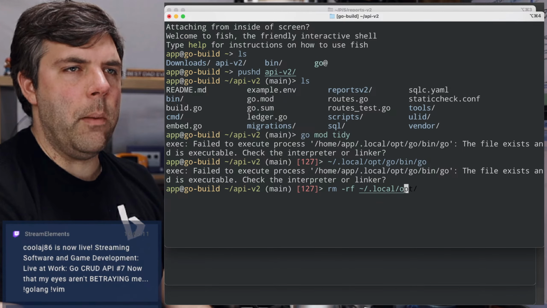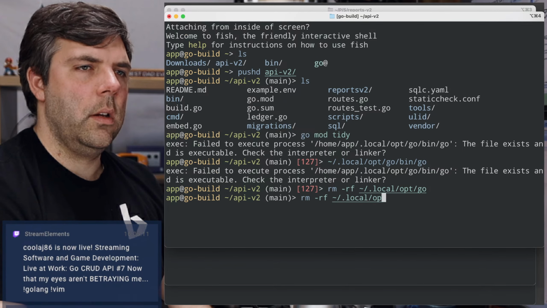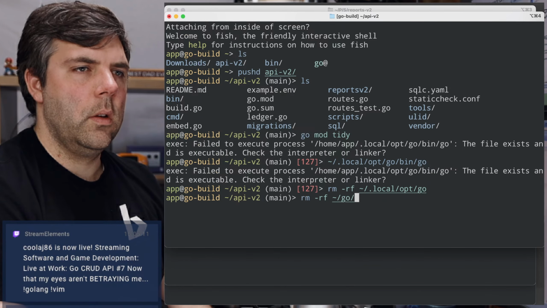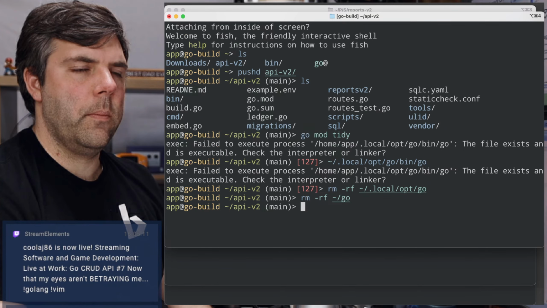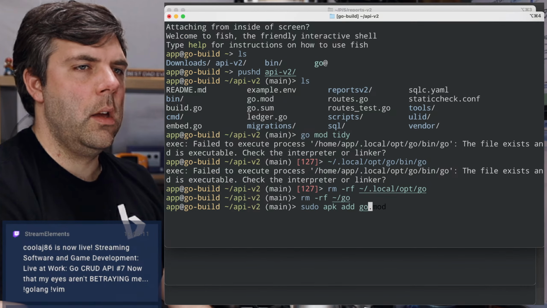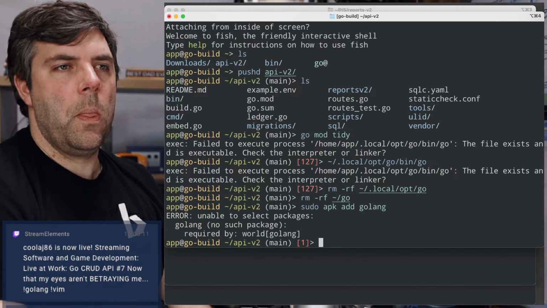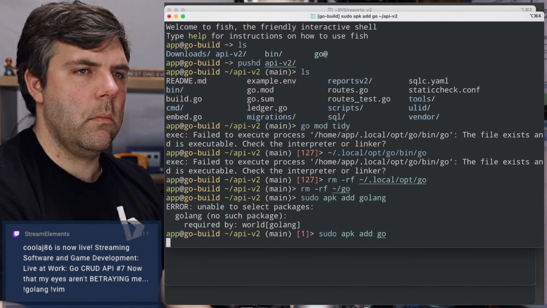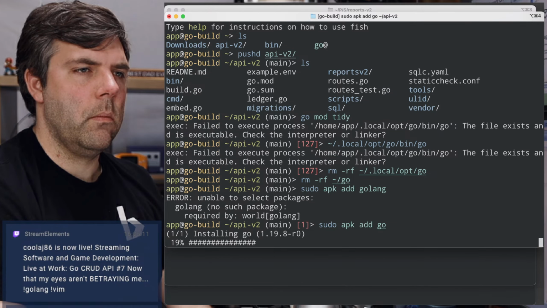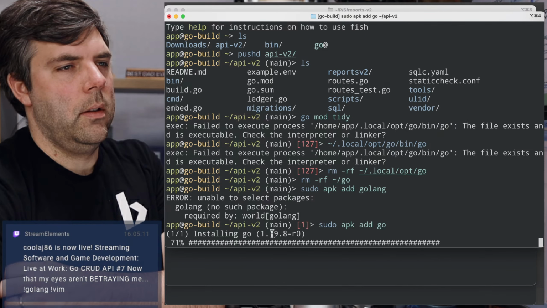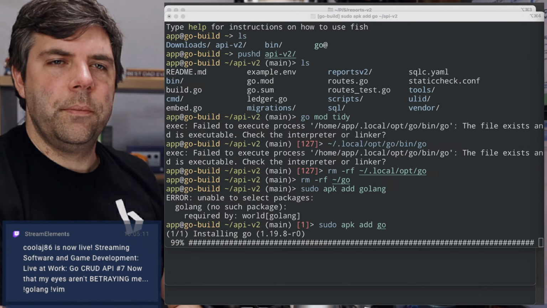There are things I'm still learning about Alpine, and how to get things to work on Alpine like we would want them to work on Alpine. So I'm going to try it. See, you always get these old versions. I don't want that.